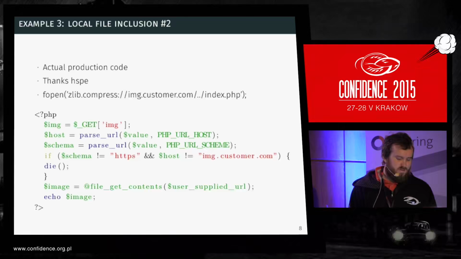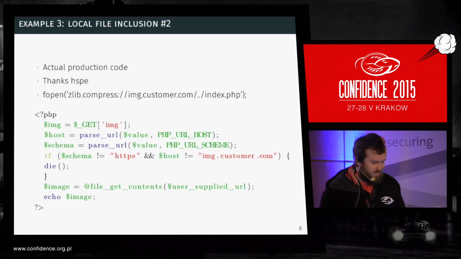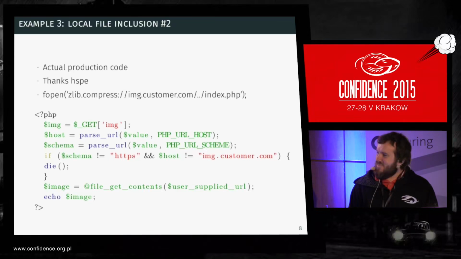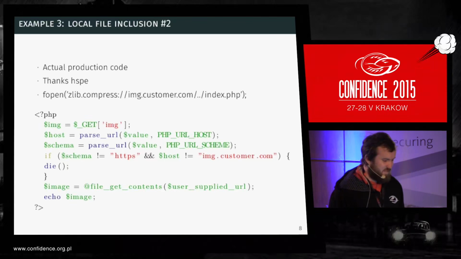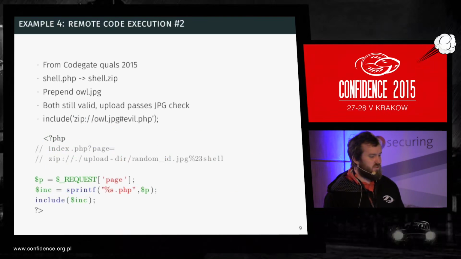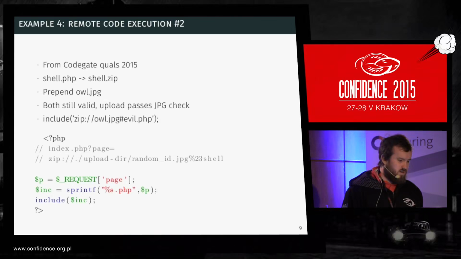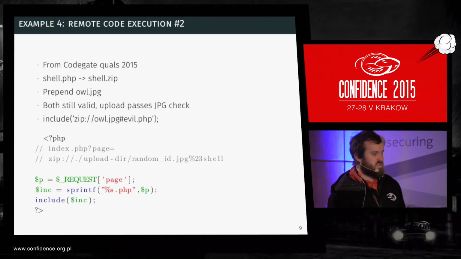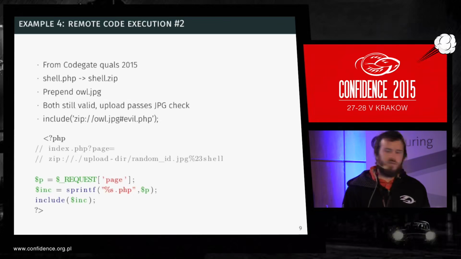So that was a pretty bad security issue, and hopefully they fixed it. Anyway, these things keep happening. That was from actual production code. This is from the other part of the CodeGate qualifier challenge, where, as I said, it was an image uploading site. You could upload images, it would check that it was a valid JPEG image, and then it would give you a random ID for that image. So we could take some